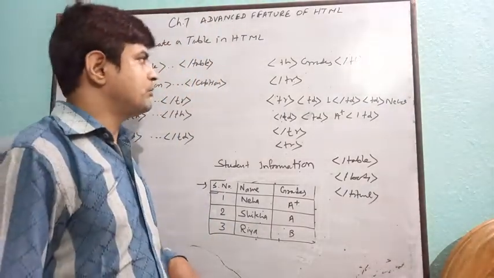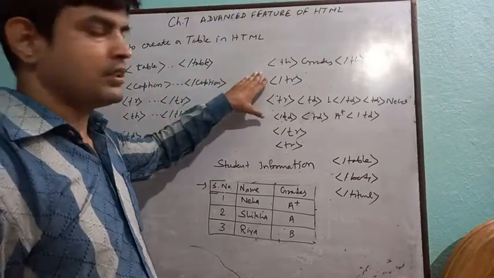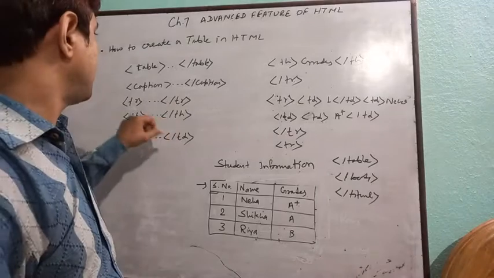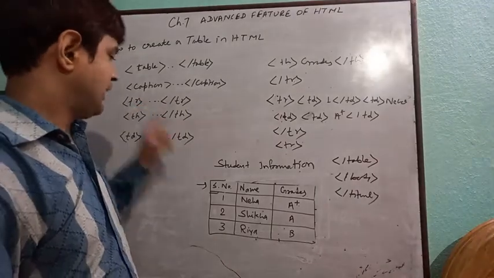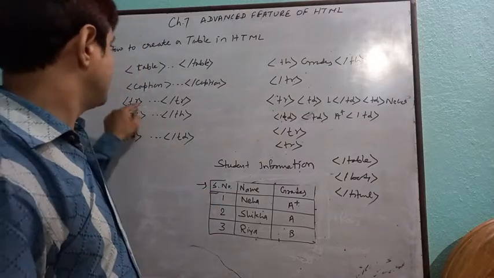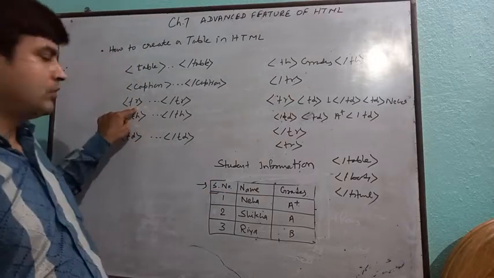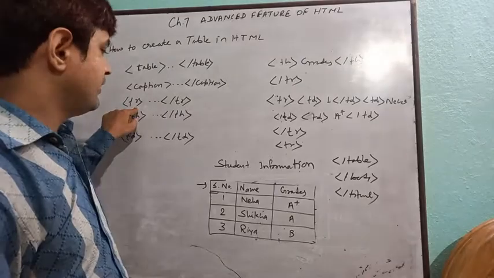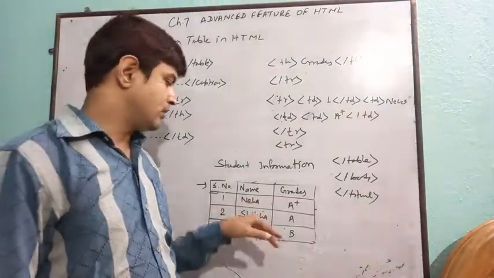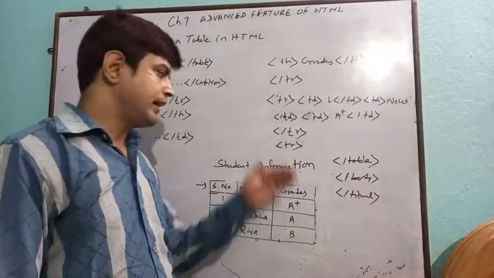Again, one thing to remember is that the table tag will start after the body section. Number 2, caption, and after caption the code is to start from the first row. So first we will define the table row by TR tag, and then use TH tag, and to write the code for data use TD tag, and so on.